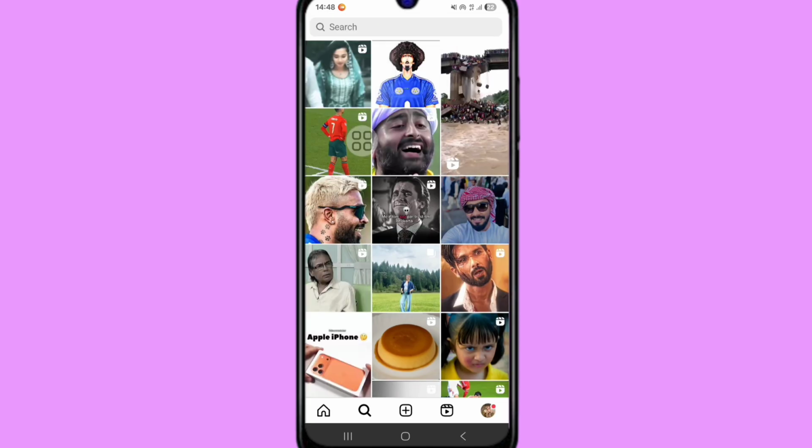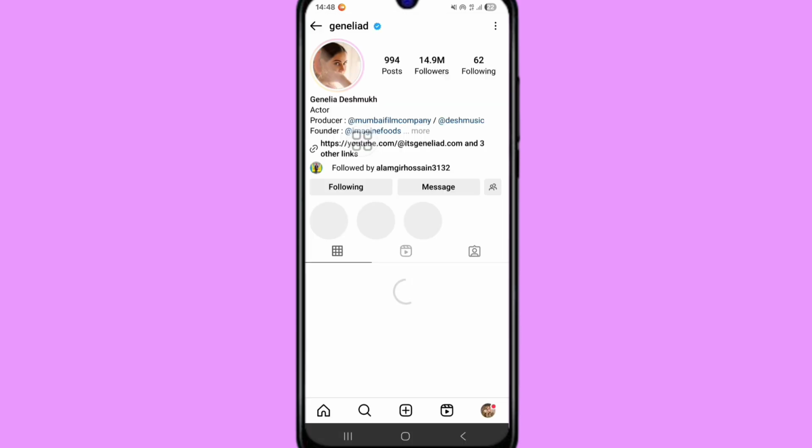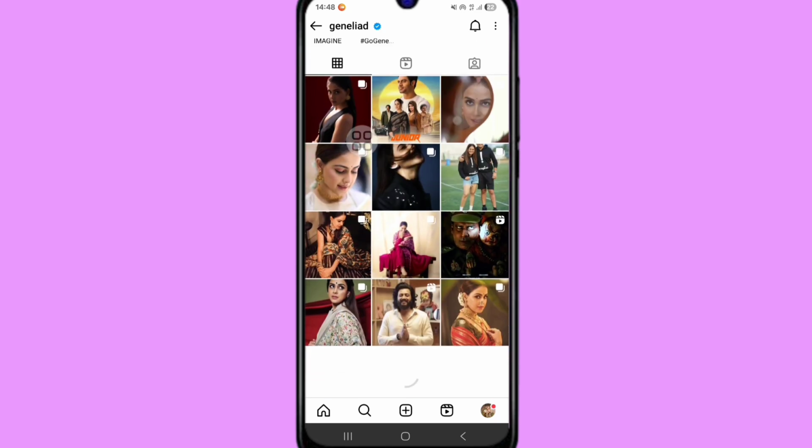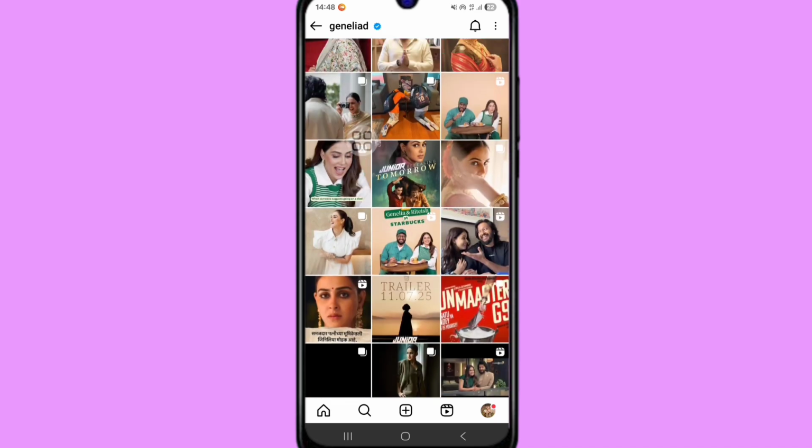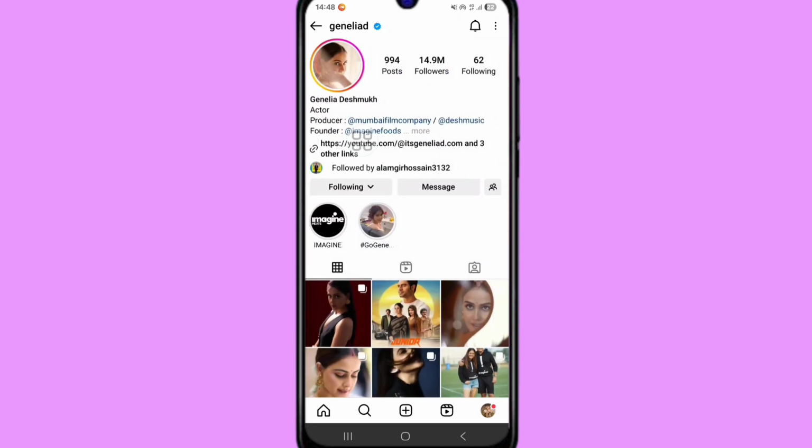Now go to someone profile and see post showing now. In this way you can easily solve this problem instantly, but if you want to fix this problem permanently, then